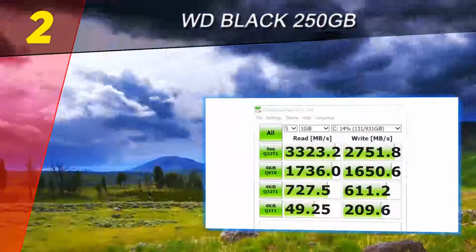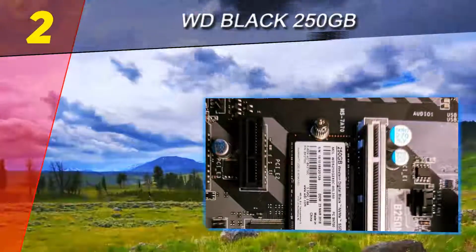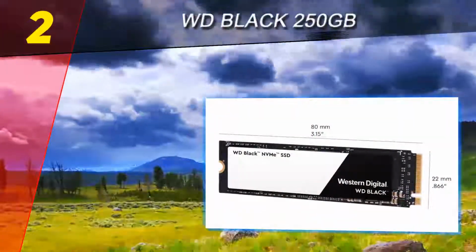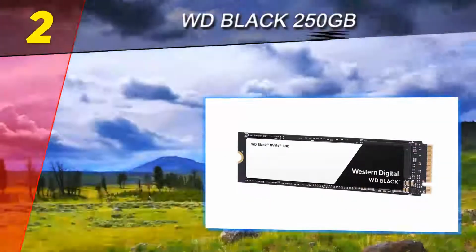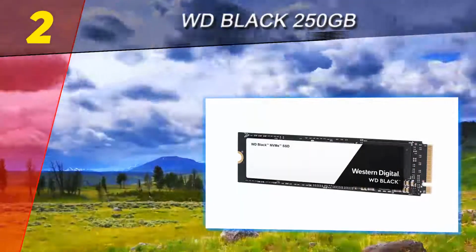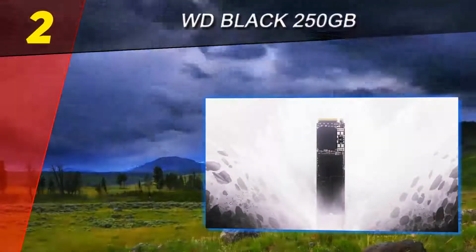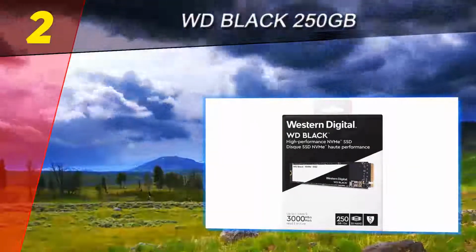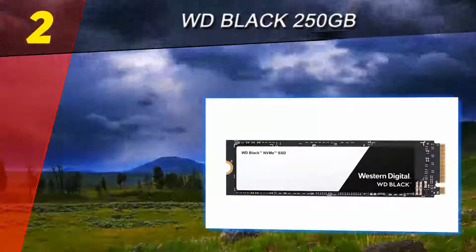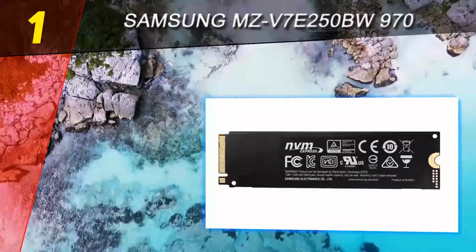For example, if you were to move a mass of photos, the drive would first attempt to move as much data using its dedicated SLC blocks because they're designed for burst workloads such as this. Any spillover would move over to the slower, read-focused TLC NAND. At the same time, the drive will also use the SLC blocks whenever possible to move data faster through an aggressive evacuation policy. And coming in at number 1 on our list, Samsung MZ